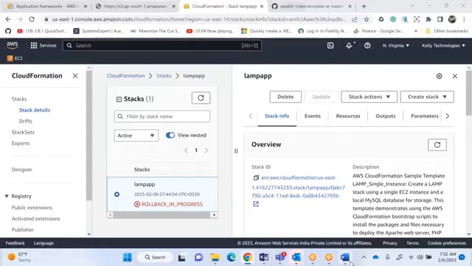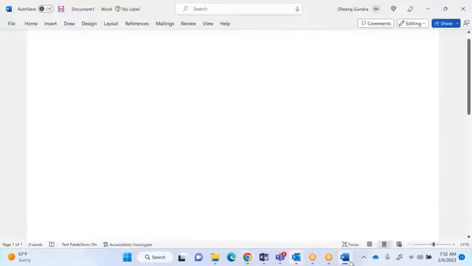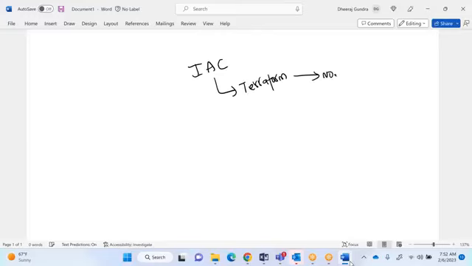So what are the top companies in the world, what are the top tools for IAC, infrastructure as code? Terraform. Why did I not explain Terraform? This is non-AWS. People in the AWS world use CloudFormation templates.